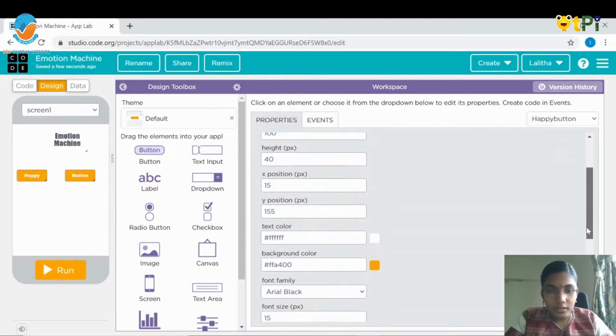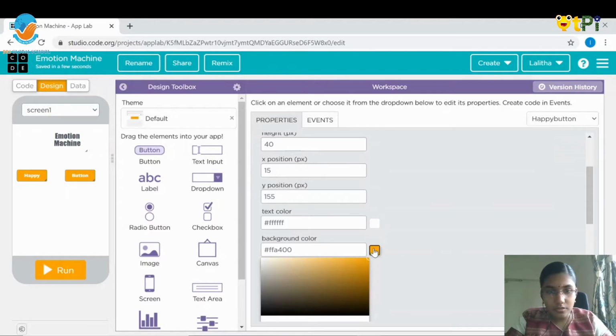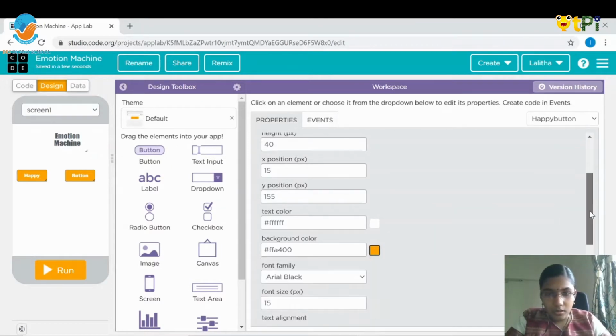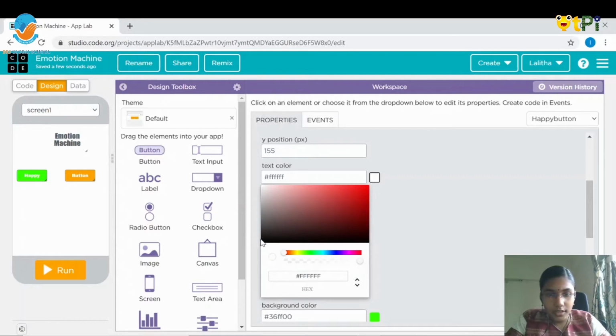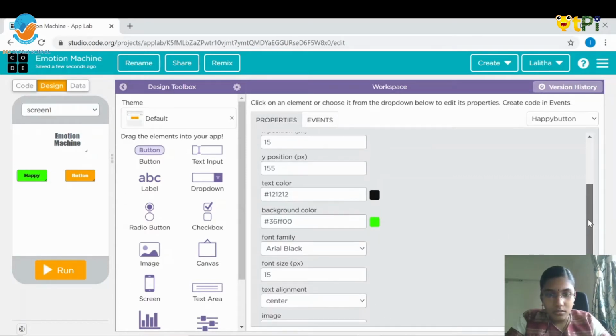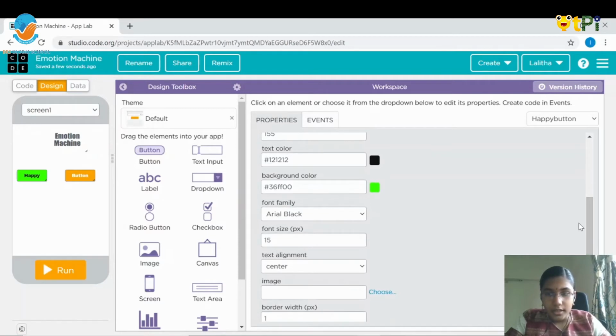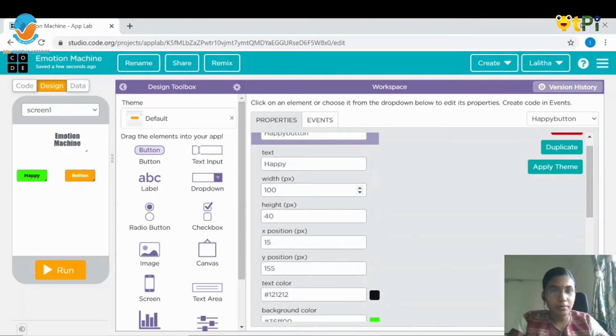I would like to change the background color of this. I would like to keep it green, and the text color I would like to give as black. And next, we are done with this happy button.